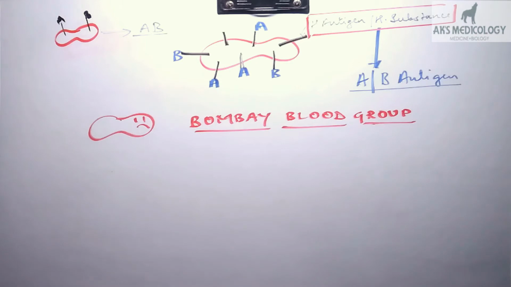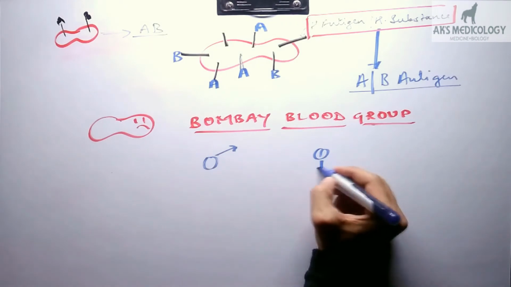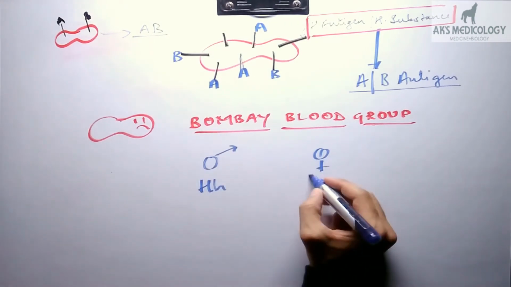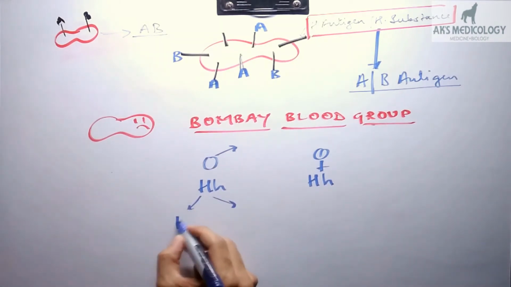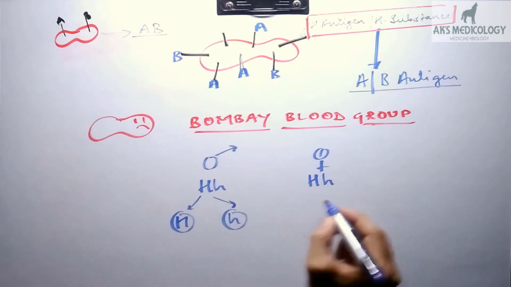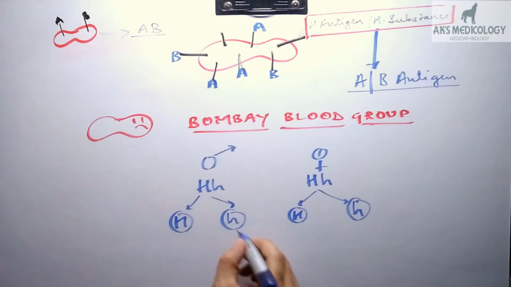Bombay blood group is failure to inherit the H gene from either parent, or inheriting recessive alleles from both the parents. That is explained as follows: a male and a female, both having heterozygous capital H and small h genotype, will segregate into alleles capital H and small h, capital H, small h both. Now, a combination of these recessive alleles, that would be small h and small h, is the genotype